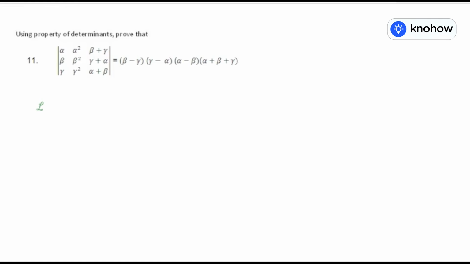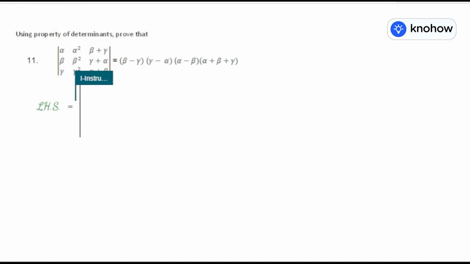Determinant |alpha, alpha square, beta plus gamma; beta, beta square, gamma plus alpha; gamma, gamma square, alpha plus beta|. We have to prove it equal to the product of four factors: beta minus gamma, gamma minus alpha, alpha minus beta, into alpha plus beta plus gamma. Take the left hand side,